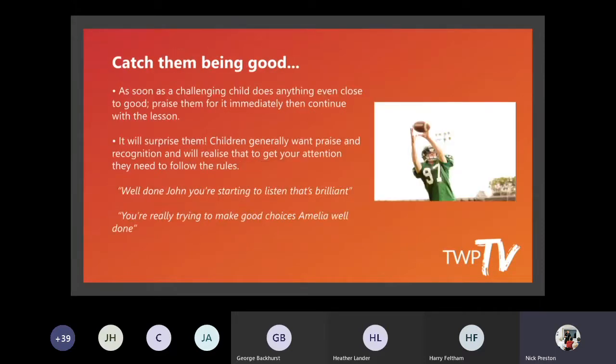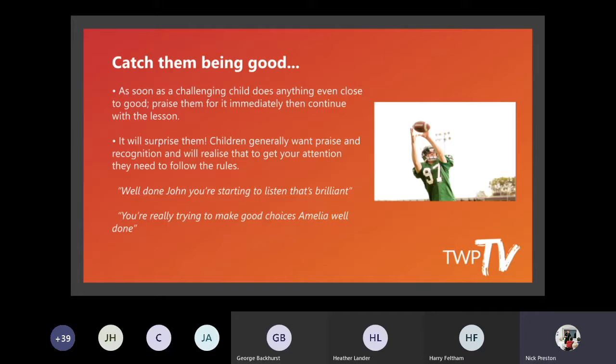Okay. Next one is we need to catch them being good. So I challenge myself every lesson I deliver. I want to have a positive reinforcement impact on every child in that group, not on their ability, on their behaviour. So this is something you should be doing. If you've got a group of 16 children, then aim to have a touch point with every one of them, catching them, using their name, explaining what they've done well, and reinforcing that you want them to do that. And you will find that so easy when you target it. You'll probably end up doing it 5 times per child.